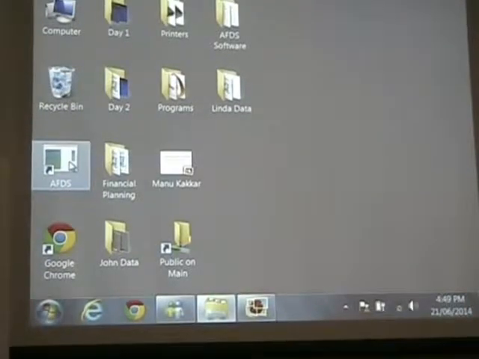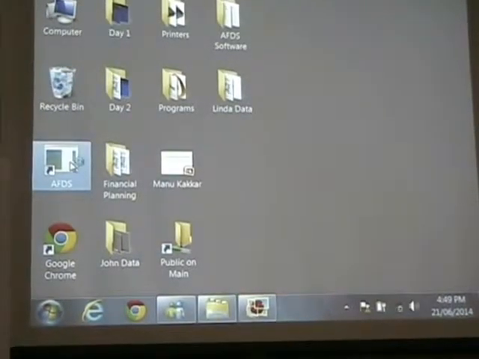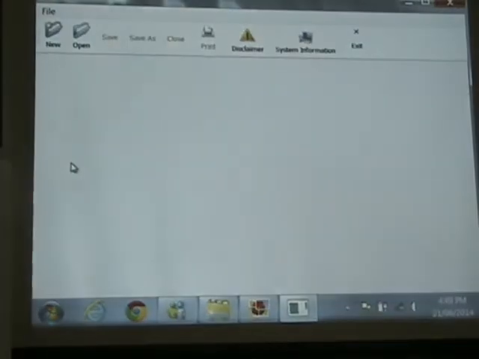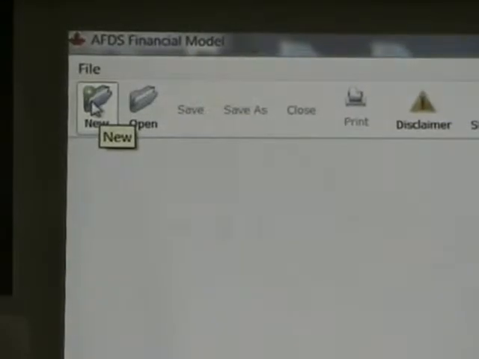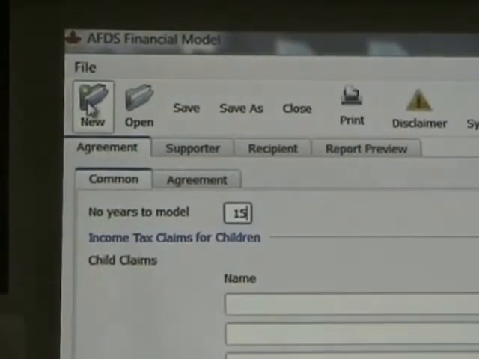So we'll begin by clicking open. You'll see the flash screen for a moment, and then this is your basic working toolbar at the top right there. If we're going to open a new case, we would click on New, and that would give us our